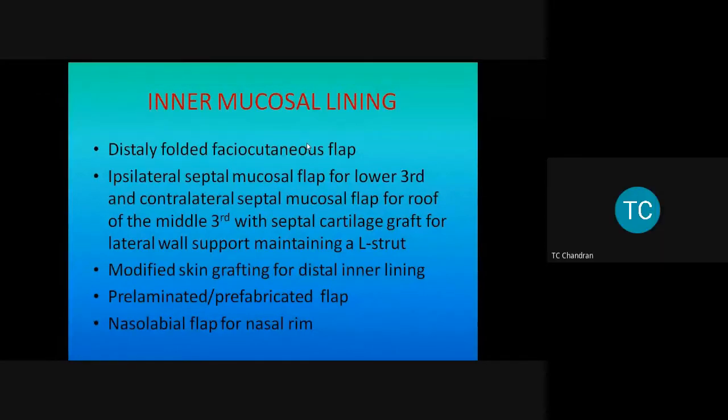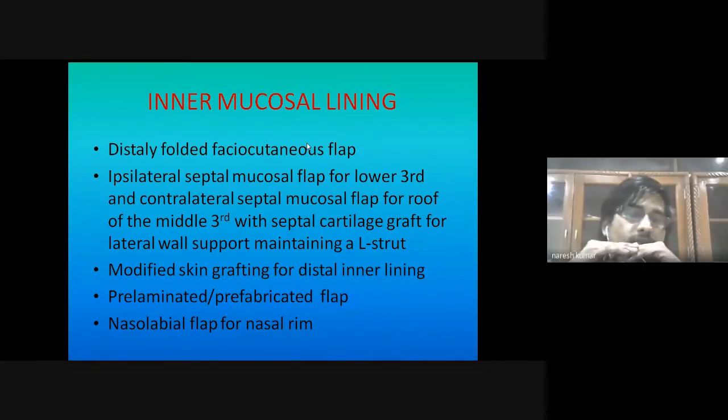And the nasolabial flap, will it come for this particular patient? Yes, the nasolabial flap can be used for the nasal rim lining.